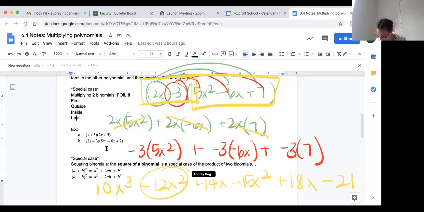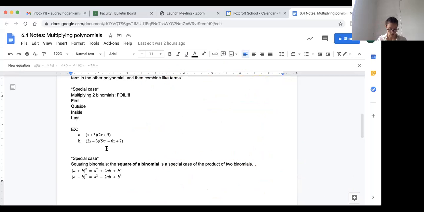We see we have an x squared here, an x squared there, and a 14x and a 14x. And then our final answer is going to be